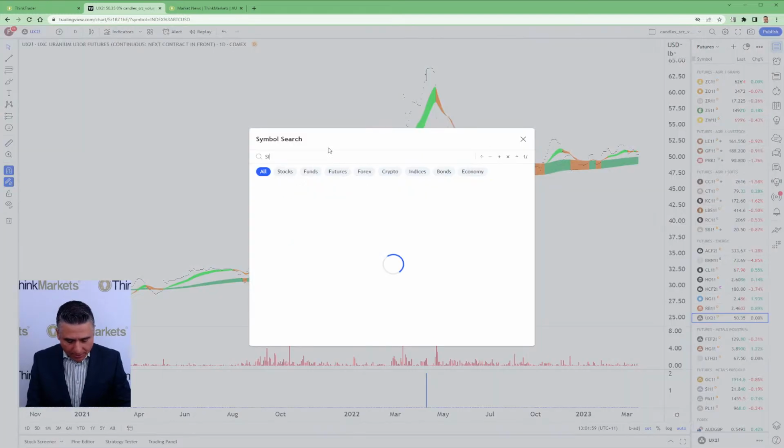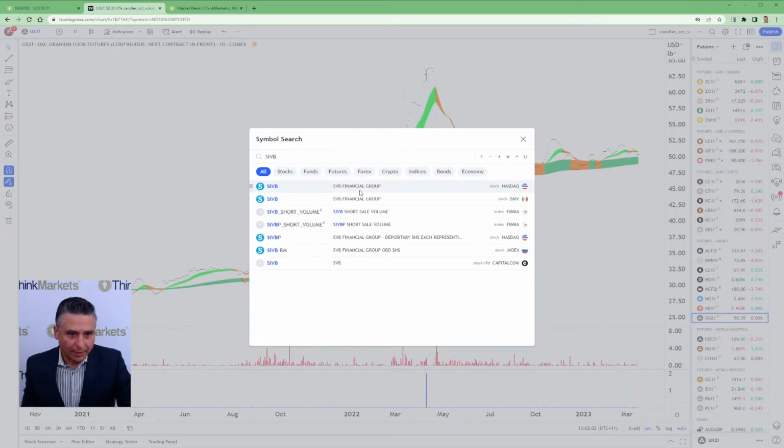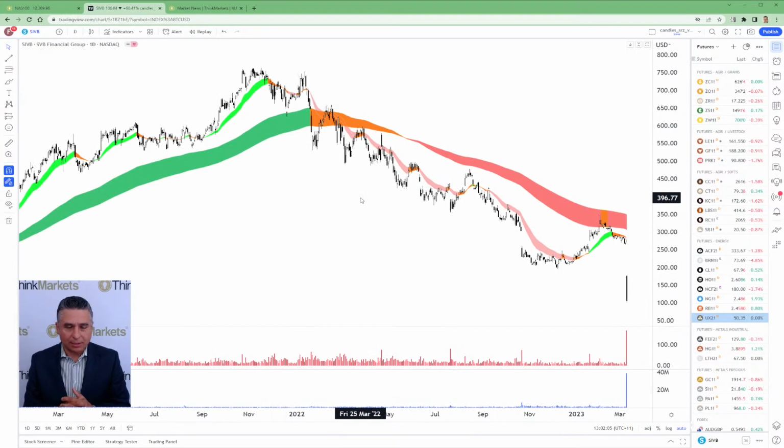Okay, so I want to go here, and this is the TradingView window. I've got a few extra bits and bobs here that I can show you, and we're looking at the Silicon Valley Bank chart. So this is what roiled markets initially. You had a bank there that lent money to your Silicon Valley startups. The venture capitalists, the hedge funds that invest in them, tended to have a small deposit base, and the deposits it had when interest rates were very low, it needs to invest those somehow. It invested them in interest rate securities, which when Jerome Powell was reappointed, went on his big crusade against inflation and caused the prices of those securities to collapse.